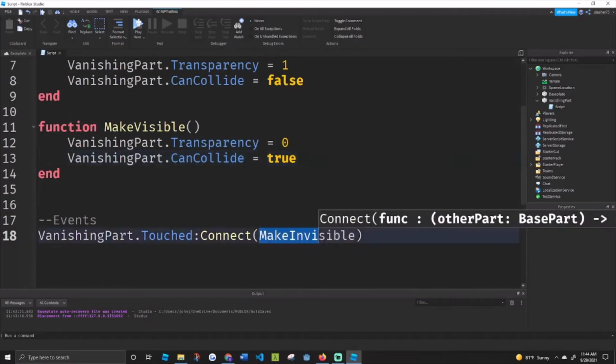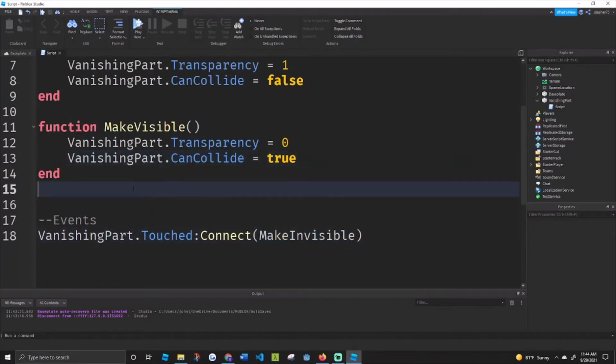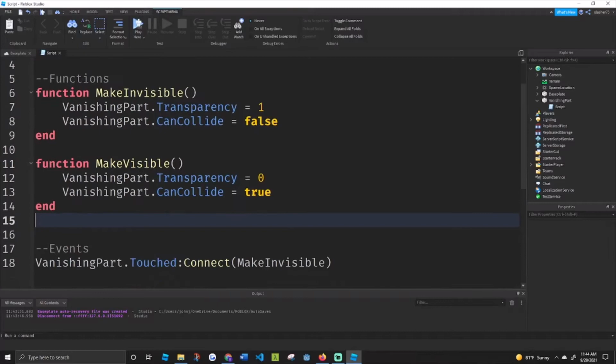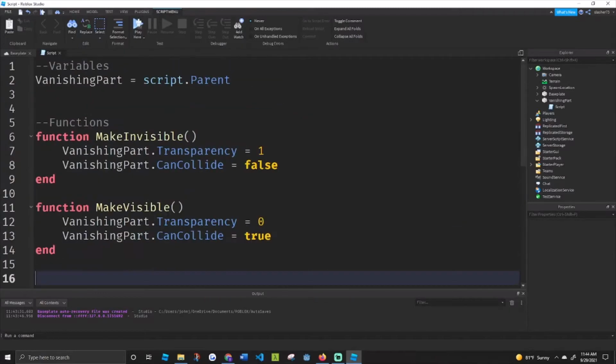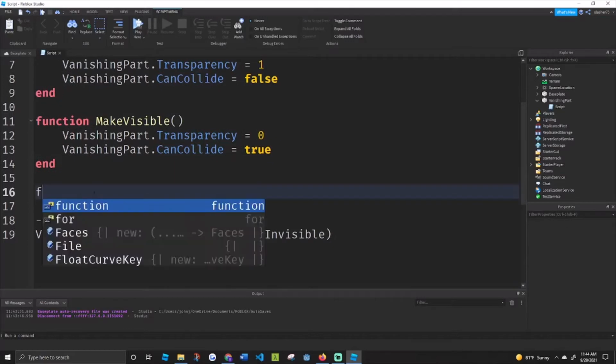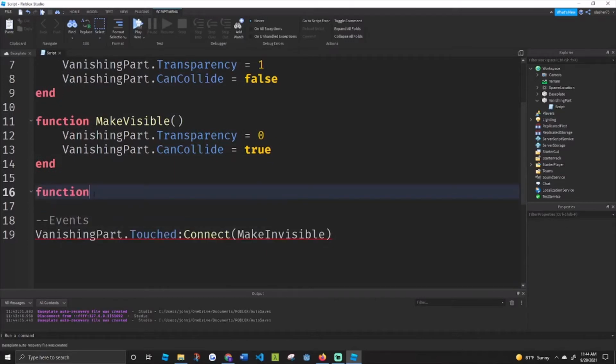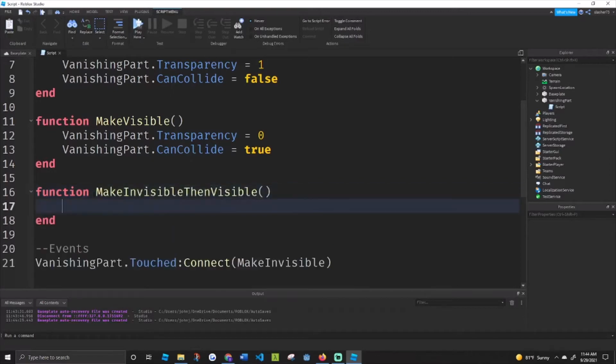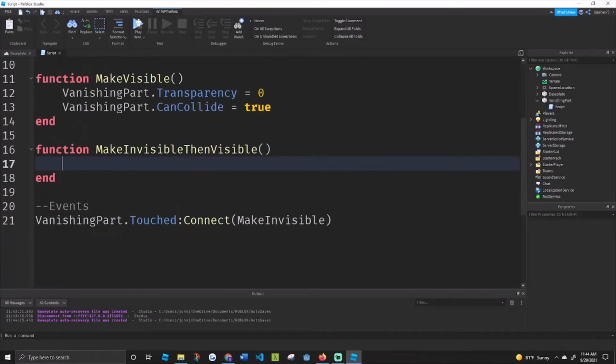I can only connect one function at a time. So because of this, I can make another function that involves these two functions in the same one. So I'm going to make a function called make invisible, then visible. Okay, so kind of verbose,